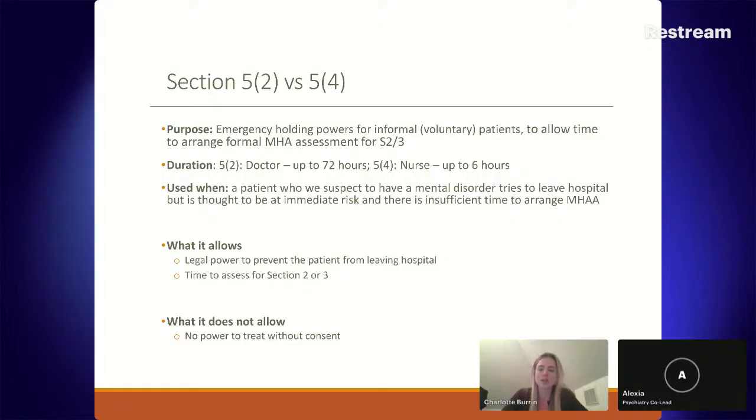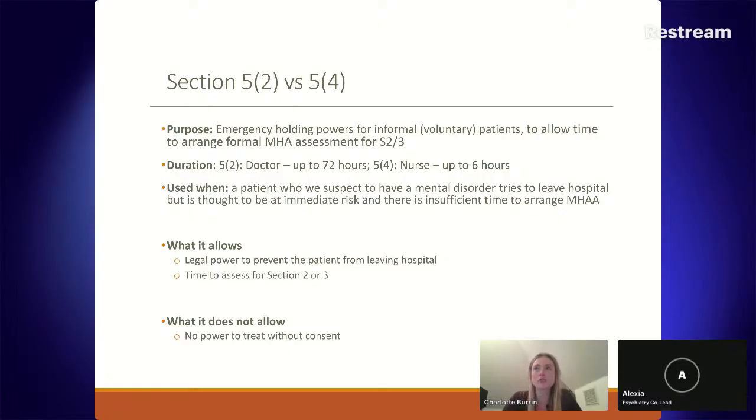So often this could be seen in a medical hospital if you have, for example, maybe a patient on a medical ward who's come in after a serious suicide attempt. They're currently there on a voluntary basis because they've agreed to be there. But perhaps you're called at 2 a.m. because they're asking to leave the ward and they won't engage with you to talk anymore. And you're really concerned that if they did leave the ward, they might be at risk of further harm to themselves or another suicide attempt. So in that position, you would put in place a 5.2. So this allows you to stop them from leaving the hospital and gives you time.